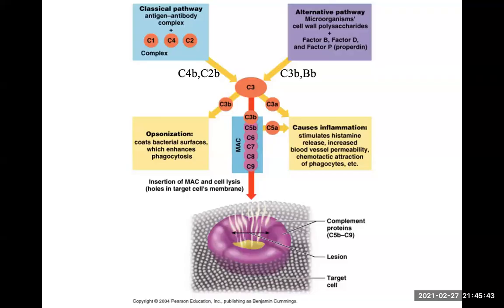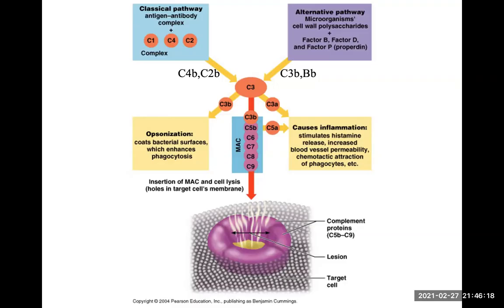The complement proteins mostly come from the liver, are secreted in inactive forms, and have to be activated through several different pathways, which we'll talk about now. Two main ones are the classical and the alternative. The classical pathway is a lectin pathway, and the alternative pathway is going to be used. They're both used to generate a protease that we call a C3 convertase that ultimately will create complement fragments for